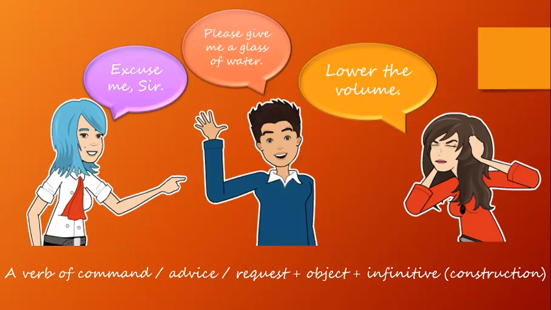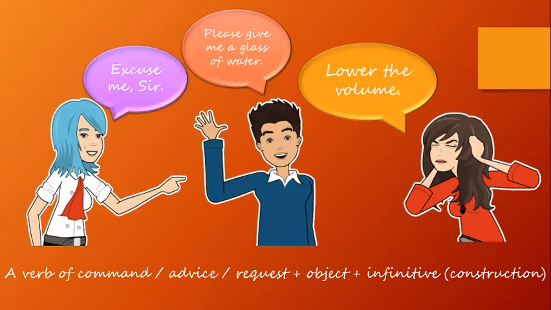Similarly, several other verbs can come under advice. Even warning is a kind of bridge between advice and command. So we have so many different verbs, but basically a verb of command, advice, or request,